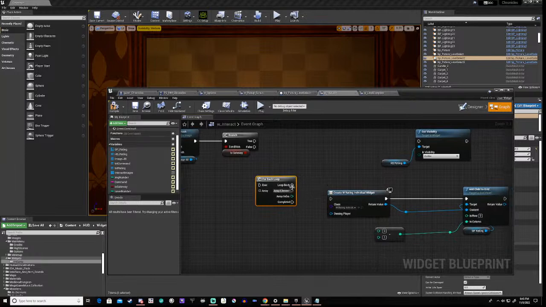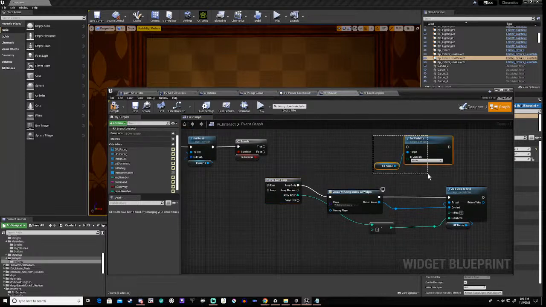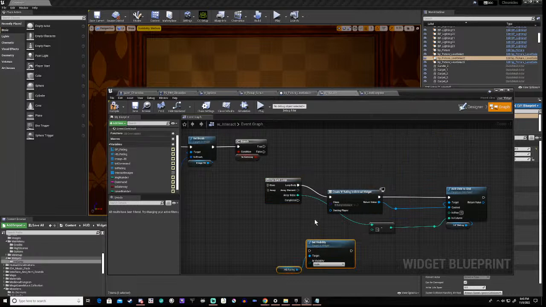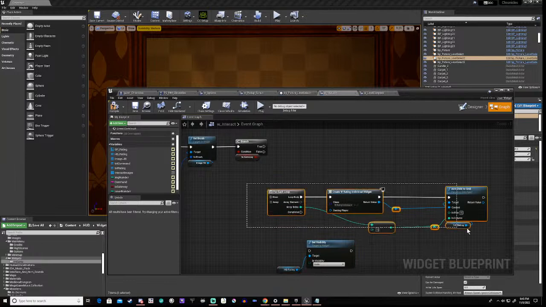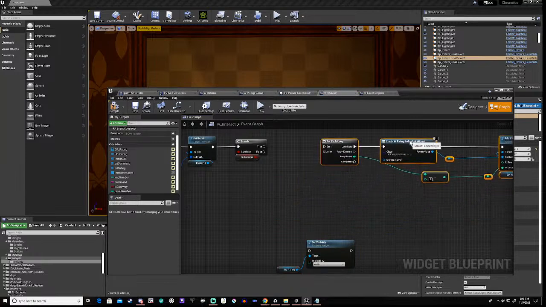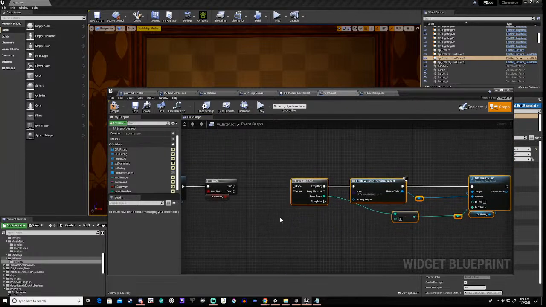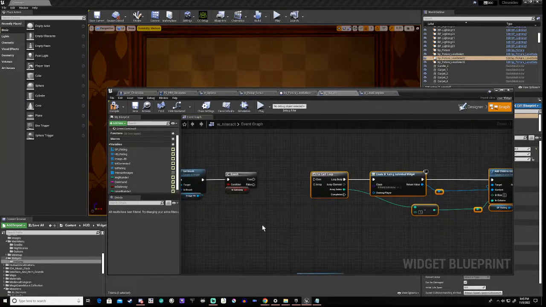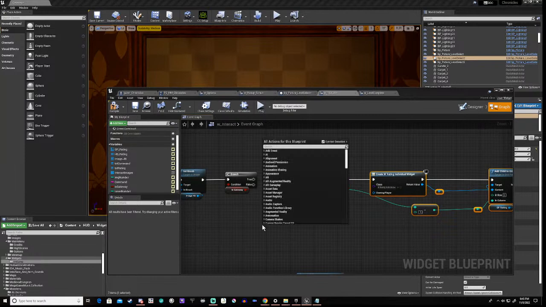We're going to do that. That's going to go in there. We can drag that down a bit, and we can drag this down a bit. This isn't going to be a for each loop, it's just going to be a for loop. But what we want to do is